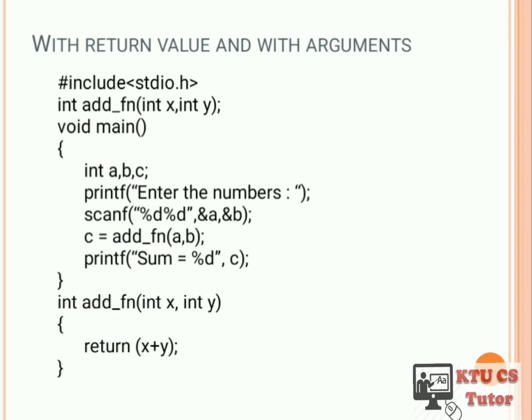And inside the function, what is going on? It is just adding x and y. Here what is x? x is the value same as a and y contains the value same as b. So it will add the values of x and y and will return that value. The returned value will be stored in c, and here this c prints the result. Clear? Okay, so just clearly understand these four types of implementation methods of functions.